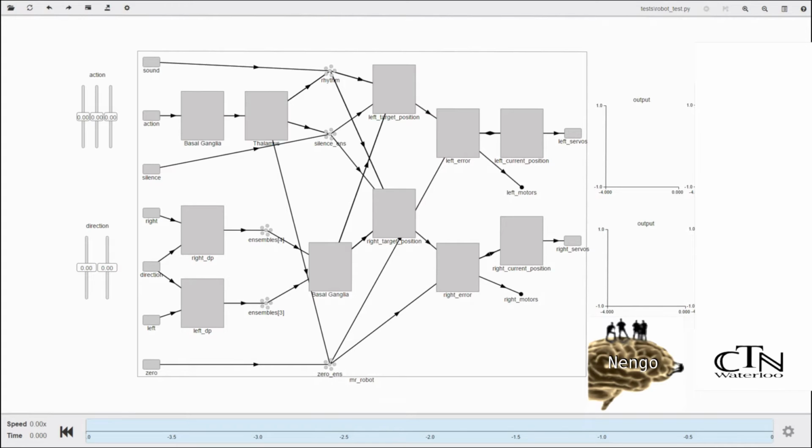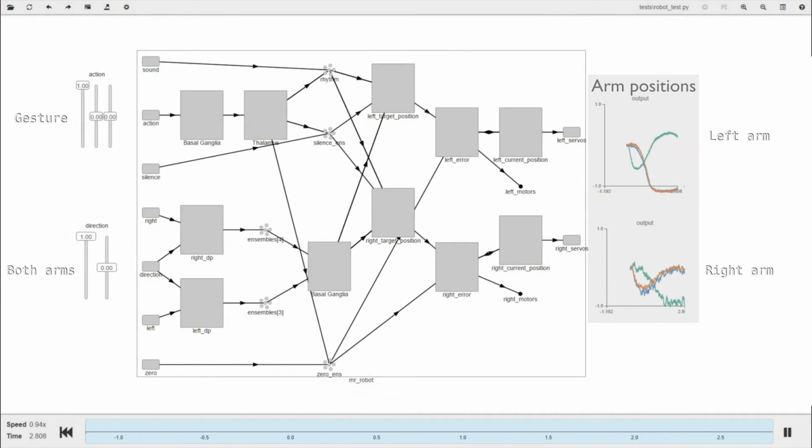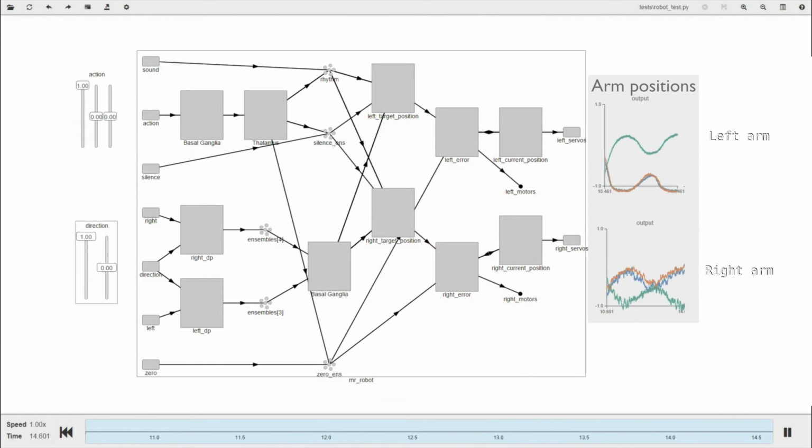This area can be treated as a black box which executes one of three predefined actions with either one or both of the arms. When the simulation starts, the default action is action 1, which means that the robot is gesturing. For this action, the basal ganglia and thalamus models cooperate to inhibit the neural populations representing the arm positions needed to silence the audience. This means that the trajectory computing system will take the sound signal, in this case an artificial sinusoid, and a base position and compute the path to be taken by the robotic arms so as to accomplish a gesturing movement